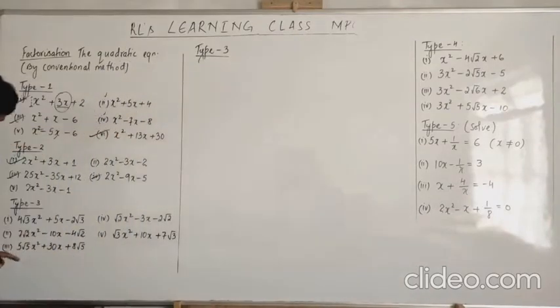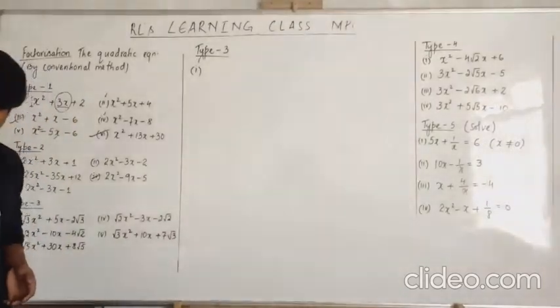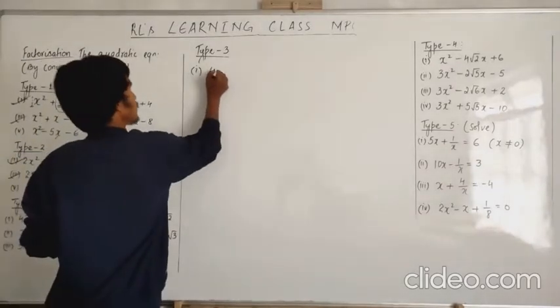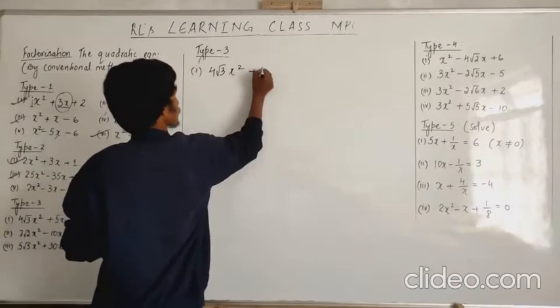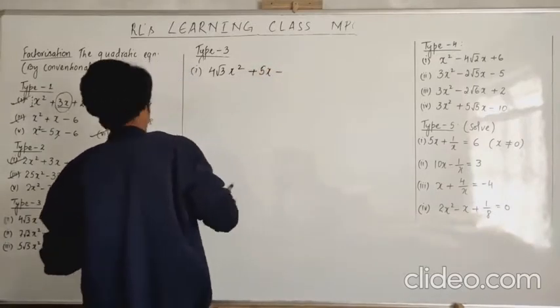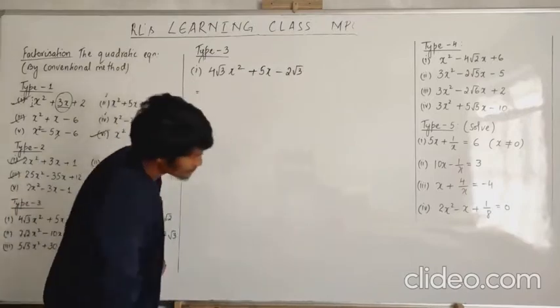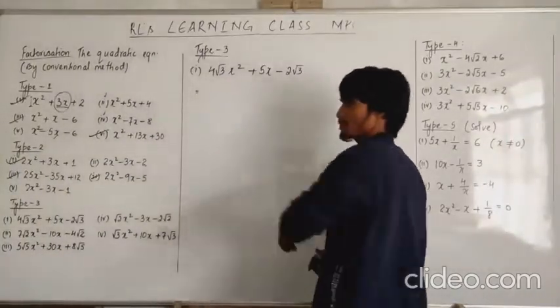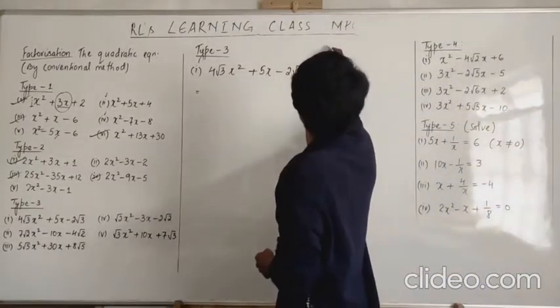Okay, now I'll start with question 1. Of this I'll do an easy one. 4 root 3 x squared plus 5x minus 2 root 3. Now the same procedure we have to do. This first term we have to multiply with the product. Now I'll write here